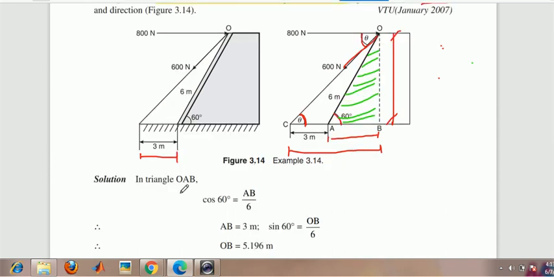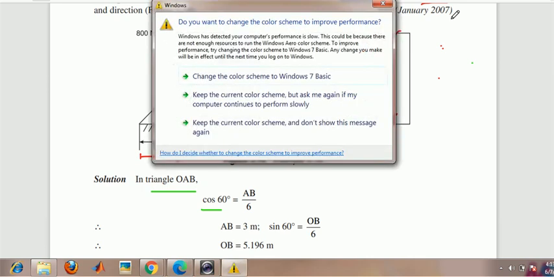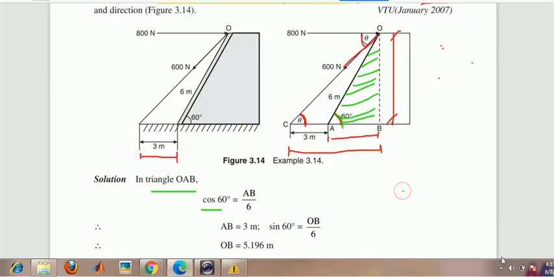So let us consider the triangle OAB. From this triangle we know that this is 60 degrees. So just apply the trigonometric function cos theta. What is the formula for cos theta? Cos theta is adjacent by hypotenuse, right? So adjacent is your AB and hypotenuse is